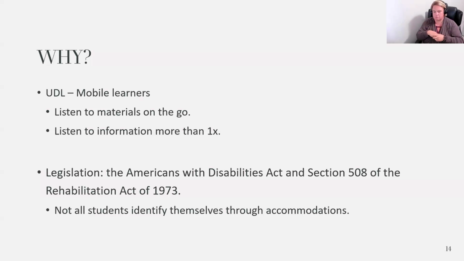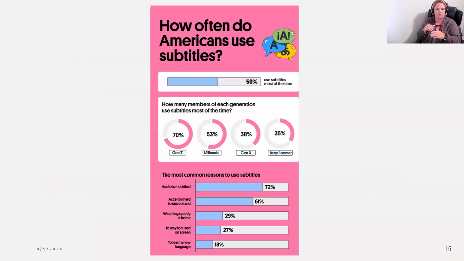So we know that a lot of people use captions, even though they're not necessary for them. Sue already mentioned the legislation, and I don't like to lean on that as much, because we have heard people say, well, I don't have anybody in my classes that need remediation or haven't been identified. And they don't have to. And that's why we create the content to where it can be interacted with by anybody. So I like to focus on the access portion of the word accessibility, and that works out for me.